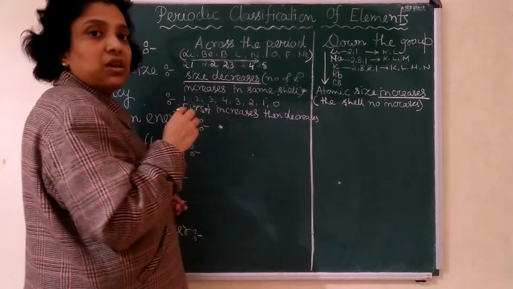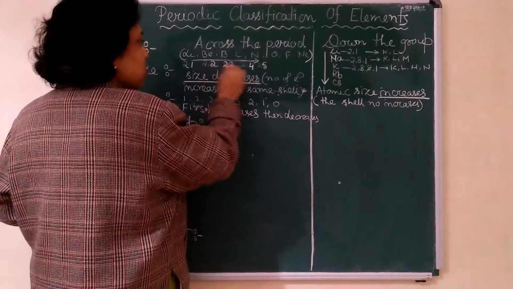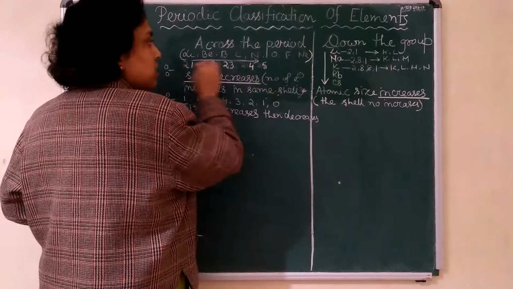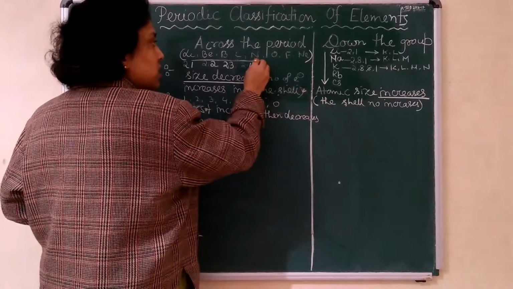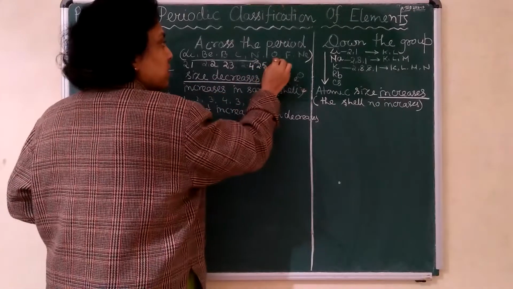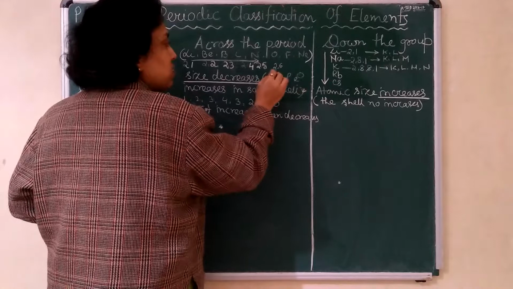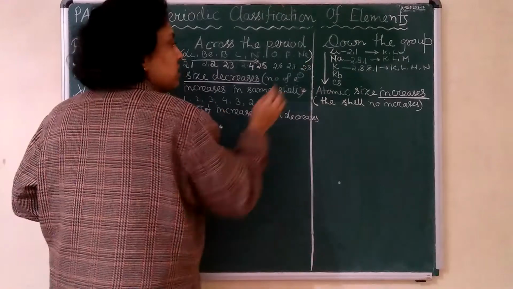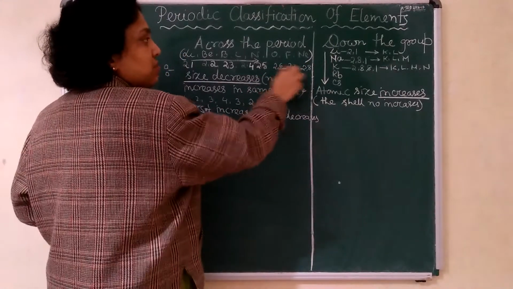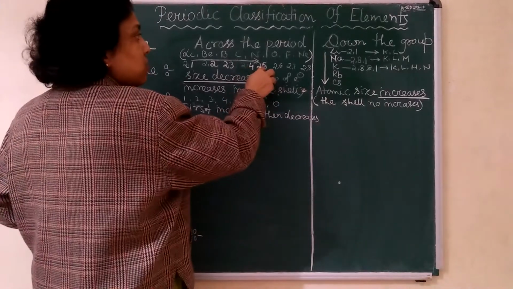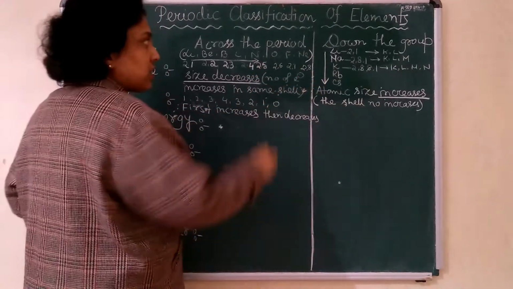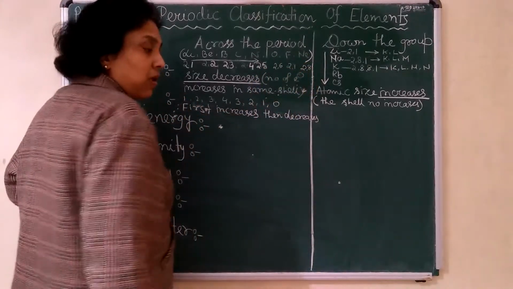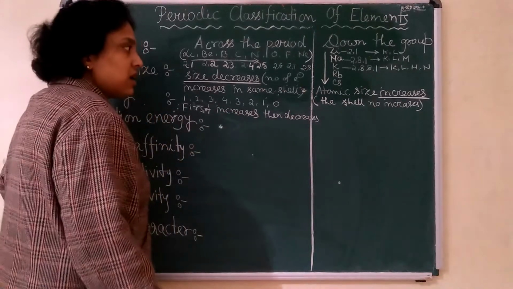So the meaning of valency is the combining capacity. So the valency till 4 will be increasing across the period and then decreasing. 5: 8 minus 5, 3. Then 8 minus 6, 2. Then 8 minus 7, 1. Then 8 minus 8, 0. Because you have to subtract when it is gaining electrons. So from 5 onwards they will gain electrons. So how many electrons? 3, 2, 1, 0. So first it is increasing, then decreases.